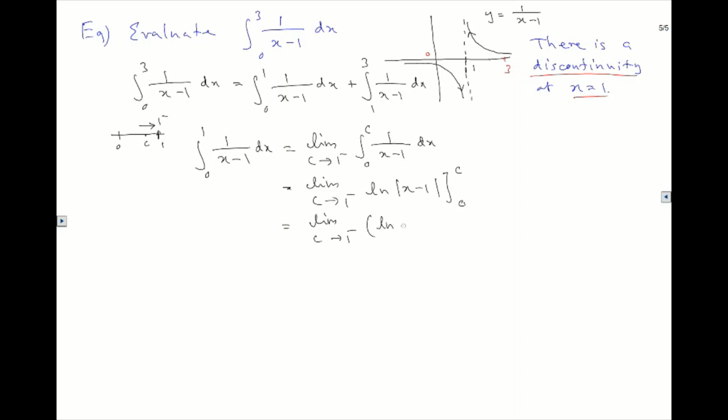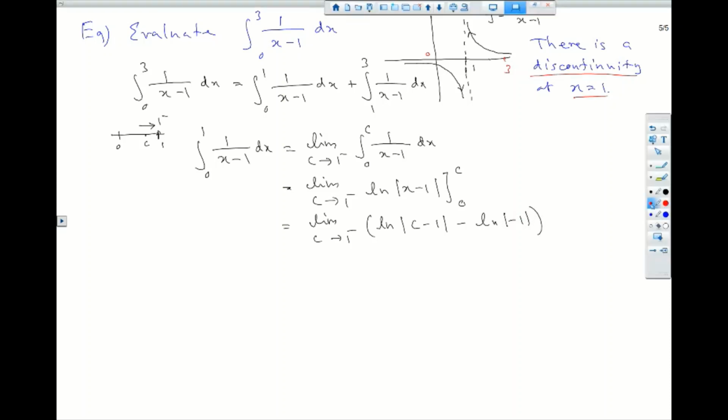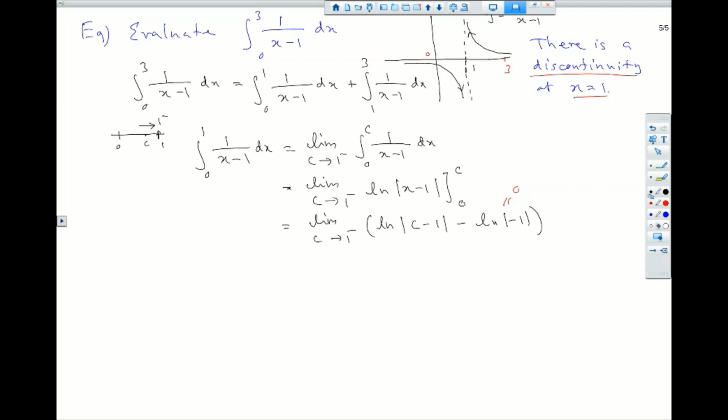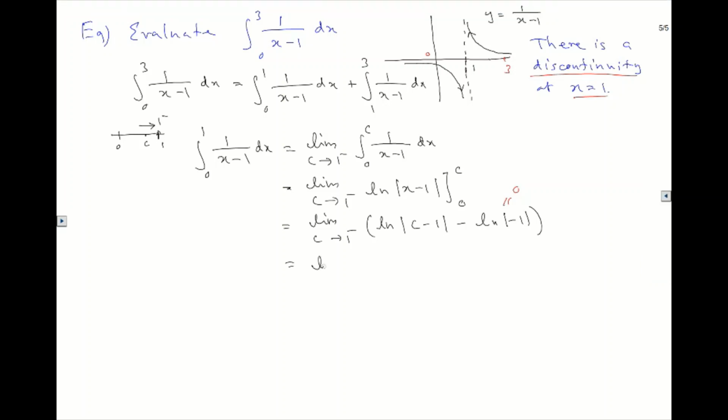So it's ln |c minus 1|, and then minus ln |negative 1| absolute value, but negative 1 absolute is 1, so that means this simply becomes ln 1, which is 0. So you only have the limit, c goes to 1 minus, ln |c minus 1|,